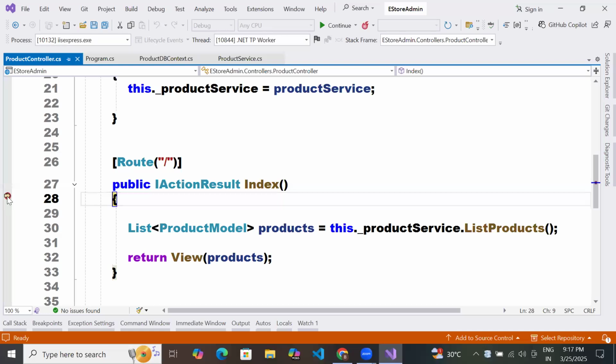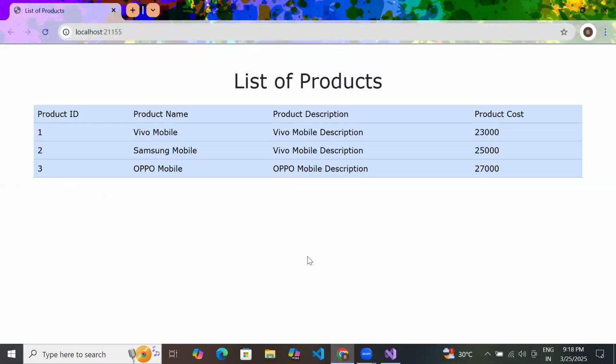Now it is getting the action method. This action method will directly call the product list. Clear? Everybody? Yes. Now what I'm going to do as part of the architecture,